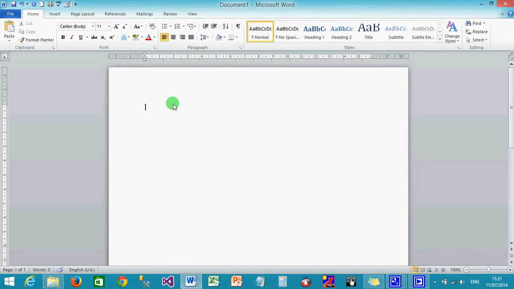Next section we are going to look at is the status bar. The status bar can be found at the bottom of your window. This displays information about the current document you are working on. You can see on my status bar I have page 1 of 1, words 0,